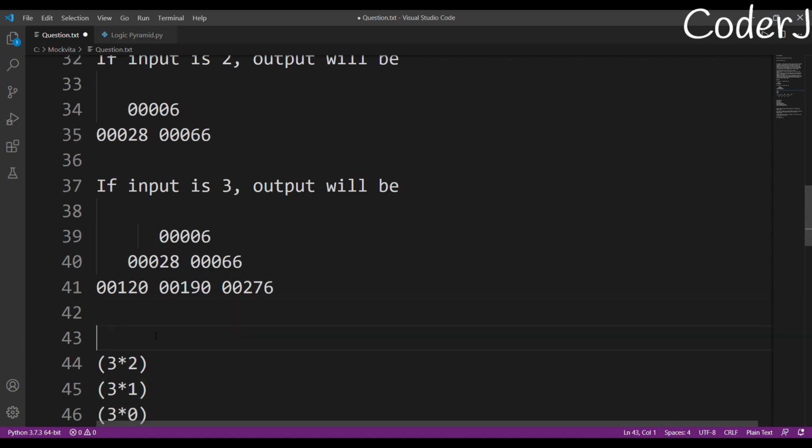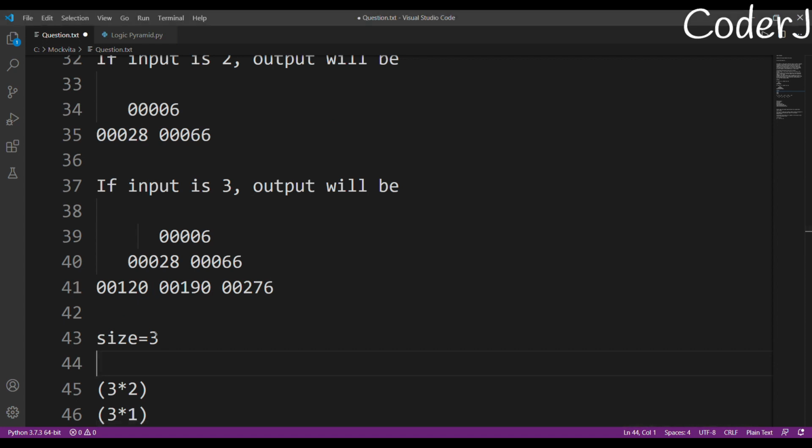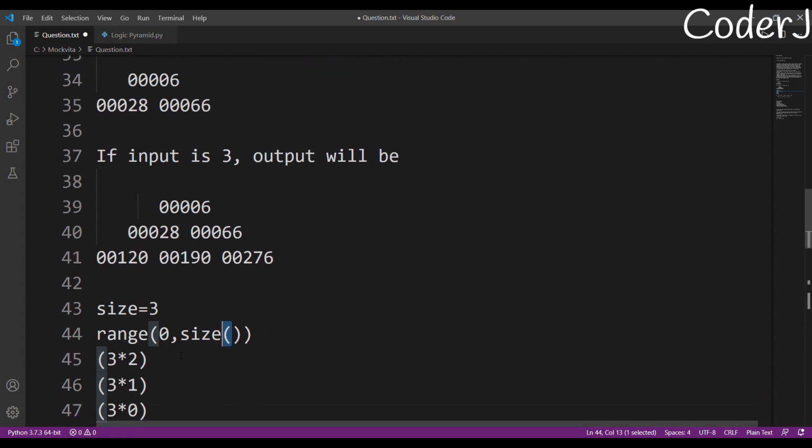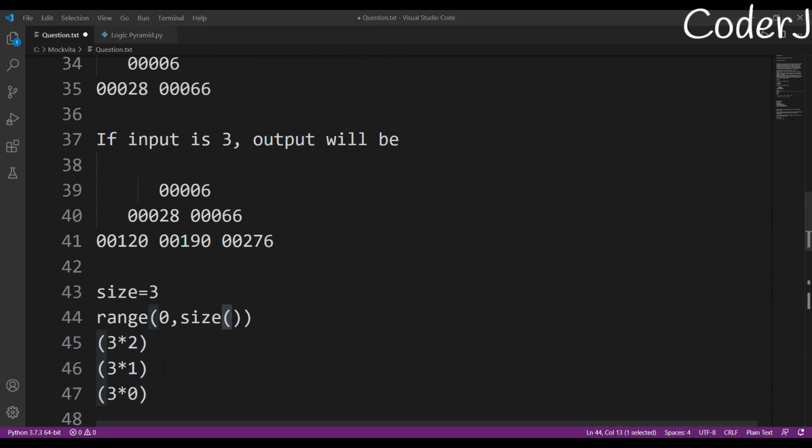And by the way, the size was 3, right? So I'll just iterate my loop like this in the range of 0 to size. Firstly it should iterate like 3 times, and after that it should only iterate once, and then 0.